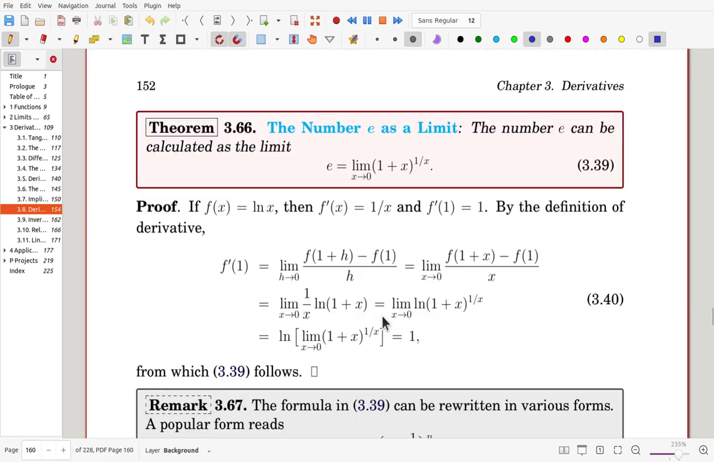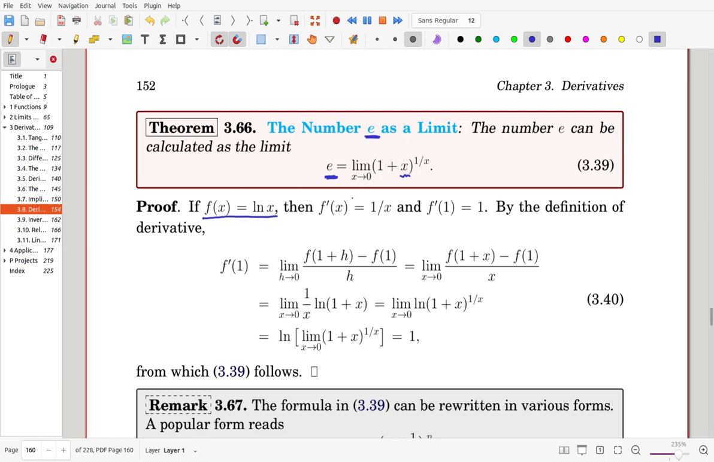Okay. Now, for the number e, we have another interpretation. That is the limit, as x approaches 0, of 1 plus x to the power 1 over x. Here, this one is approaching 0, and that one is the reciprocal of that one. And there is e. Now we'll prove this. Okay, let's begin with